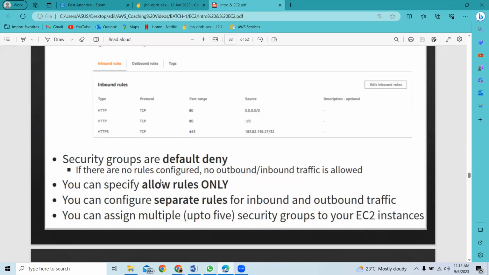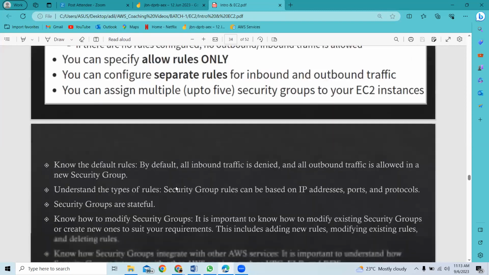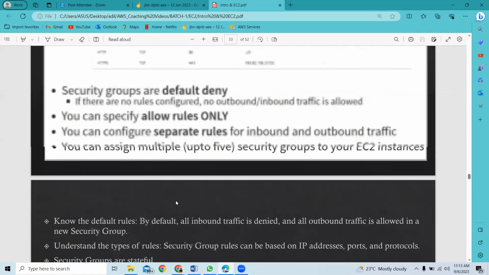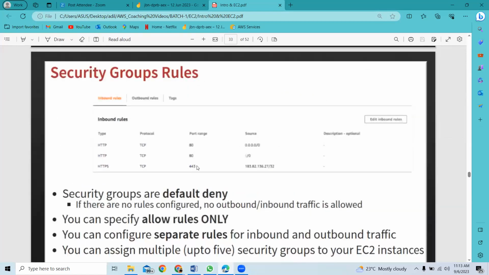Remember, we can only allow rules. You cannot deny in a security group. And you can assign up to 5 security groups to one EC2 instance. And one most important thing about security groups which you should remember, they'll ask in the interview as well as in the exam: